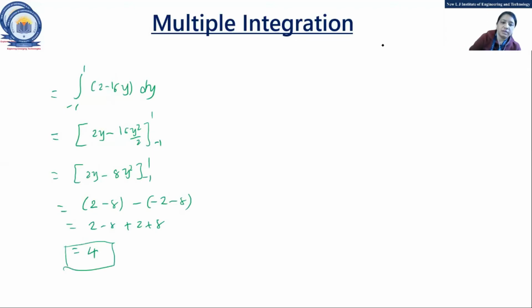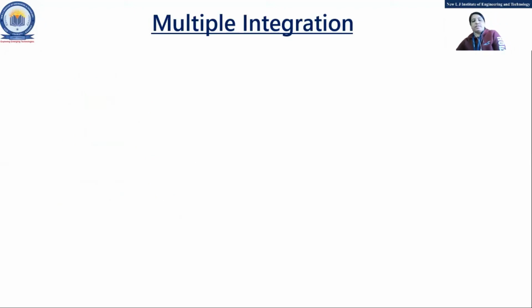Okay, any doubt? Okay, 4 is the answer. Many students have written in the chat box. So 4 is your answer. Fine? Okay, yes. Now the other example is